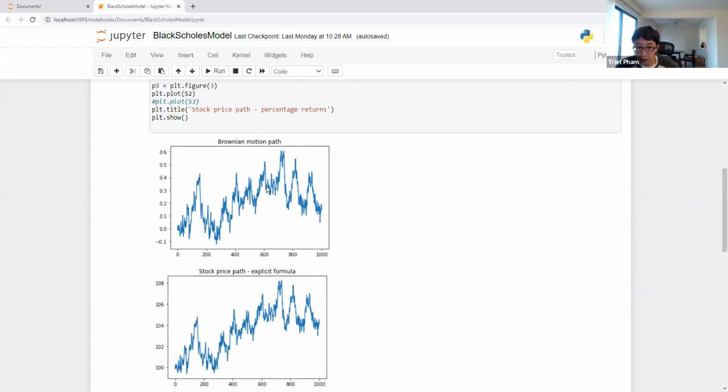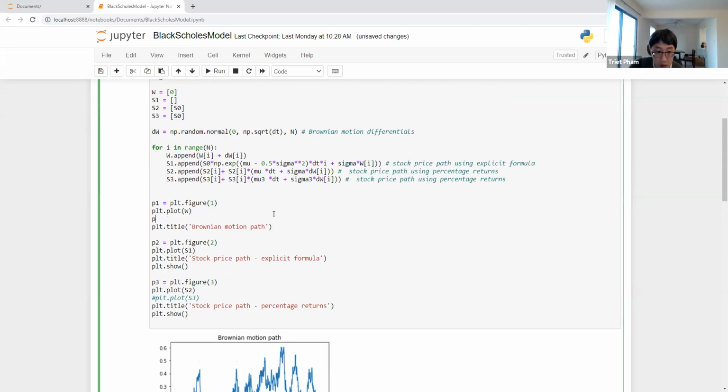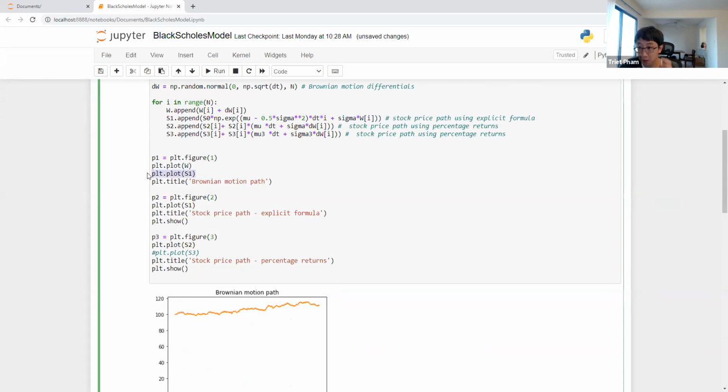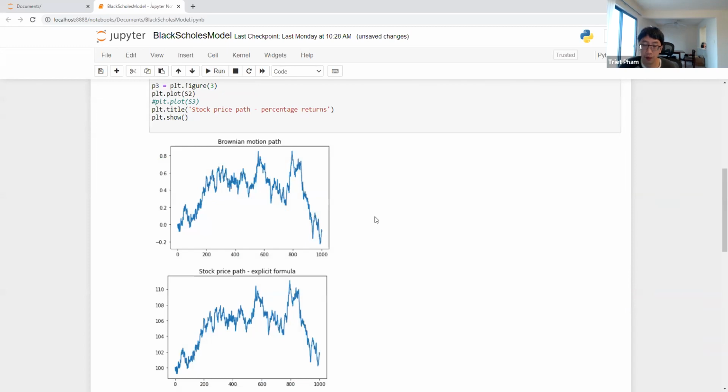Of course, that's just in terms of the up and down. Notice that these two live in very different worlds. This is at the scale of 100, this is at a scale of 0 to 1. If you superimpose these two together, it just doesn't look like anything. So scale-wise they are very different to begin with. This is your Brownian motion right here, this is your stock. Just qualitatively, they look similar.